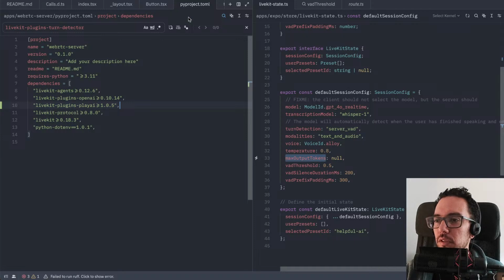Maybe I need to use this Celery. Voice detection is not really working. Let me stop this because it's really unuseful